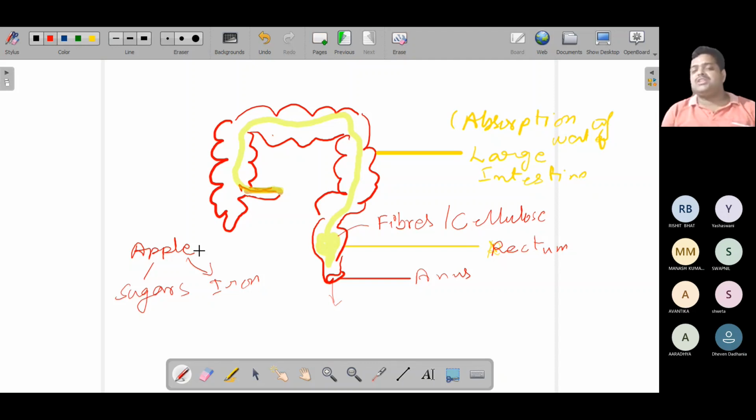If I want these nutrients only, sugars and iron, I can take them in the form of tablets also. आप समझ रहे हैं ना, जो भी हमें nutrients चाहिए, we can take them in the form of tablets and they will get inside our body. Yes, sir. But the fibrous part of the food,